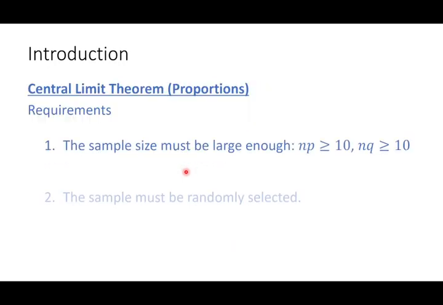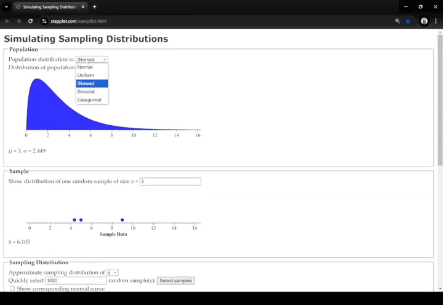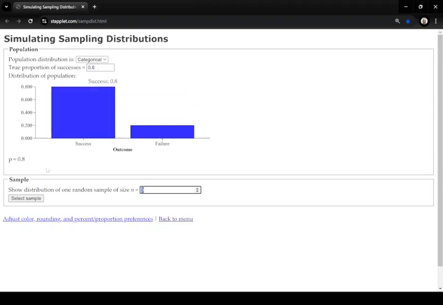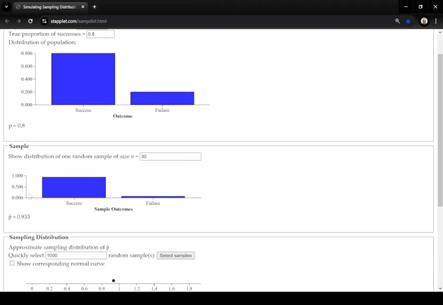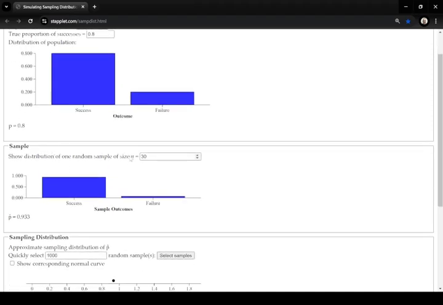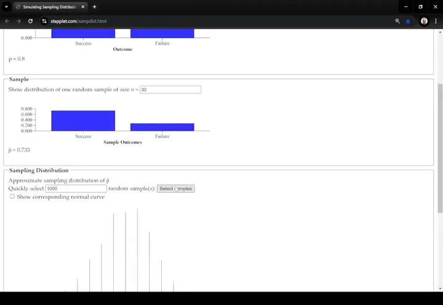Let's look at the p-hat one now. So this rule of thumb. Let's try one where the proportion of success is 80%. We'll go back to the 30. So this is a scenario, maybe you could think about this like an NBA player's free throw proportion of success. They make 80% of their free throws. But in a random sample of 30 of their free throws, they actually made 93% in that one. And we'll do 1,000 of those, a couple thousand,